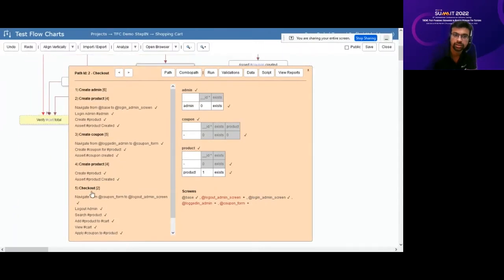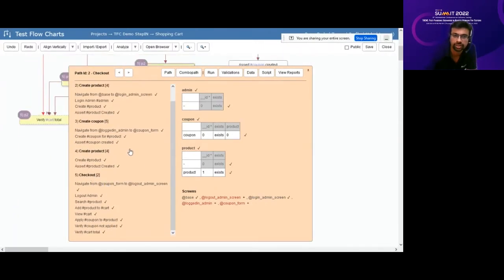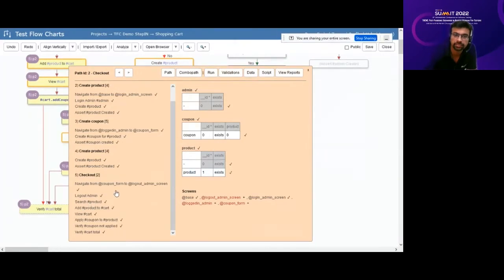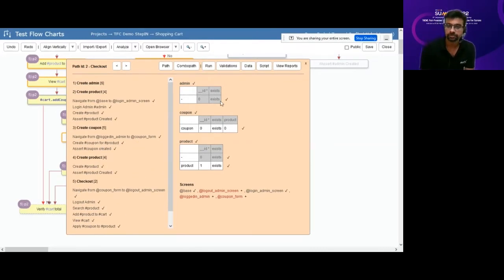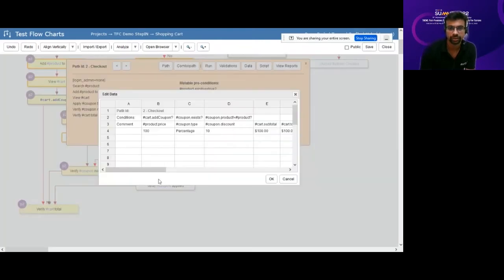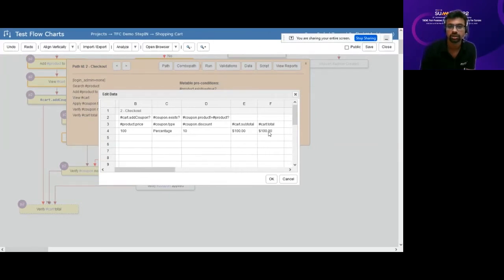Then we do a checkout. What is happening in this checkout is that this coupon, which actually belongs to product 0, is being applied on product 1. So TestFlowCharts has decided that these are the paths that I need to take prior to be able to satisfy this particular flow. It does that, and we see that in the data. Again, we give some percentage, etc., but we see that still it is not applied. The subtotal and the total still remain